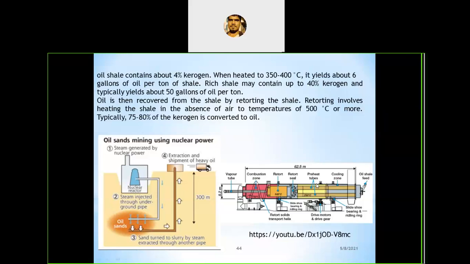Then the obtained bitumen is subjected to hydroprocessing and desulfurization. Means we have to remove the sulfur content, and next it is moving into the hydroprocessing, means increasing the hydrocarbon content in that material, and finally it becomes a crude oil, or synthetic crude oil. And this synthetic crude oil we can use for a combustion process, and while combustion it will